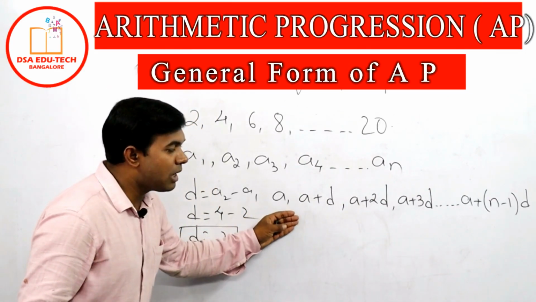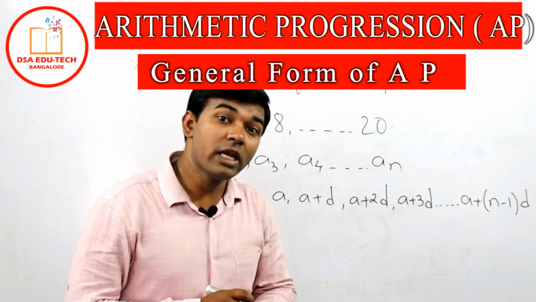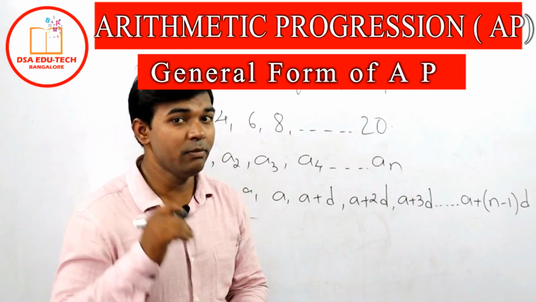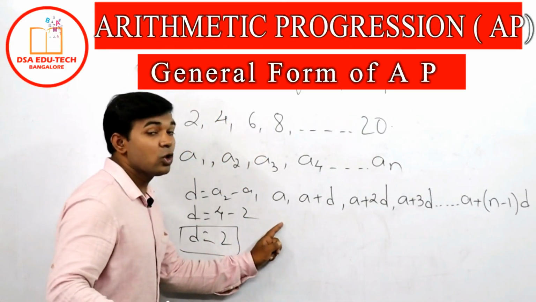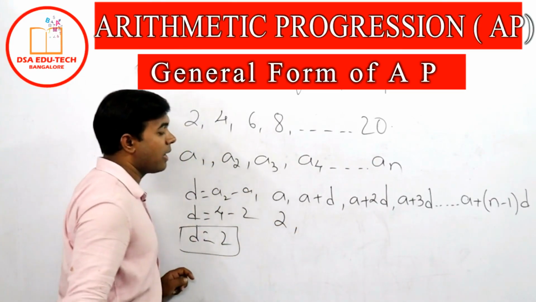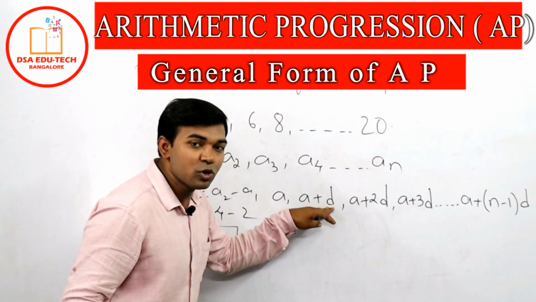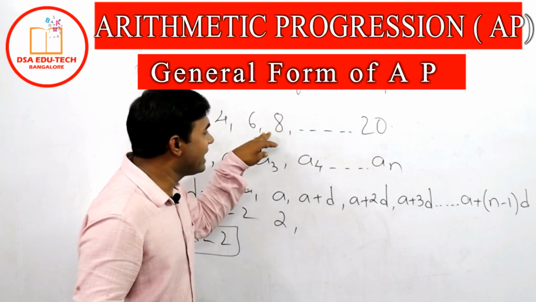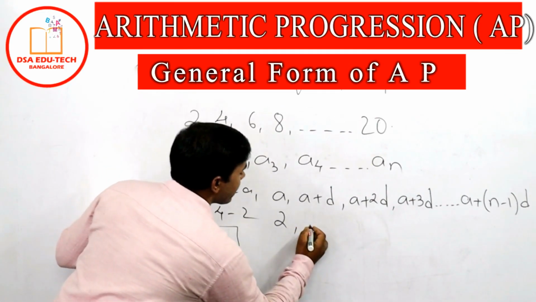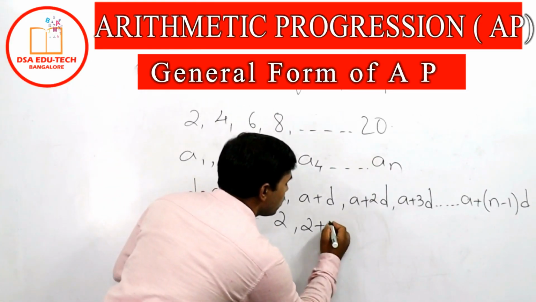Now you people might be wondering, sir, how did you get that, right? So shall I tell you how I got that? Even you people will be able to find that. Let me do that. So everyone tell me what is the value of A? A is 2. So let me write 2 comma. Now I will do a magic. Shall I? So whatever value I substitute over here, you will get this number. Okay, fine. So the A value is what? Again 2. What is the value of D? D is 2 we have got.